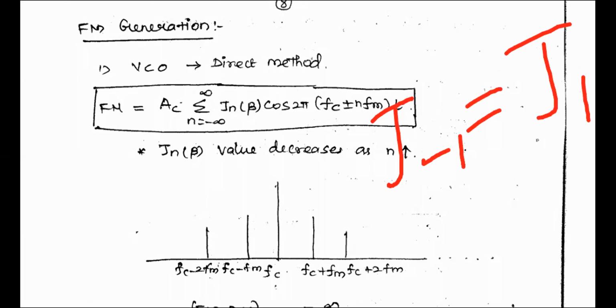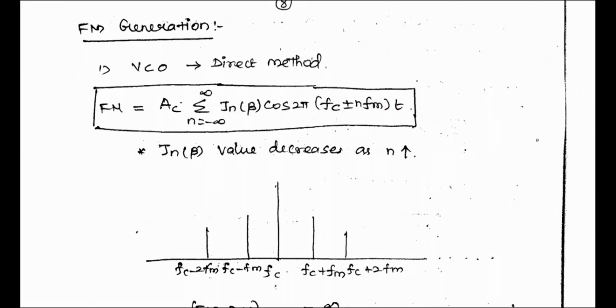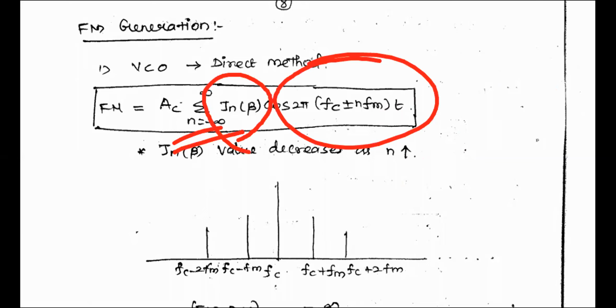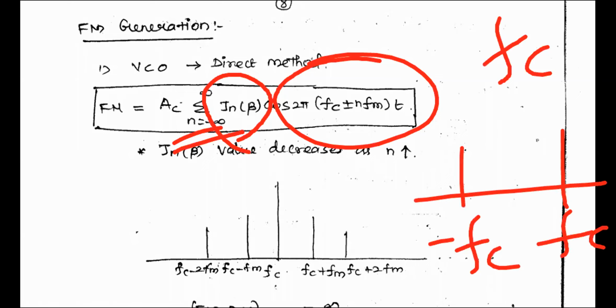Okay. Now you see here. Anyway, we observe that j and beta nature. Again, n can go from minus infinity to plus infinity. Then there is cos of fc plus n fm times t. You know how to represent a simple cos signal using Fourier transform. It consists of impulses, both positive impulse and negative impulse. Say if your signal has only fc, then you will have plus fc and minus fc. So again, it consists of many frequencies, because when n is 0, you will have only fc. When n is 1, you will have fc plus fm. When n is minus 1, you will have fc minus fm.